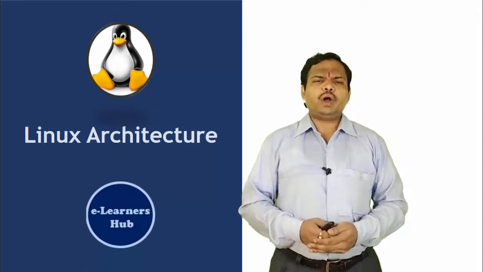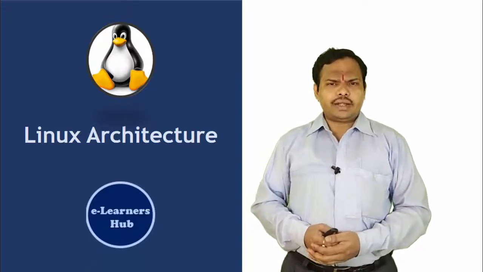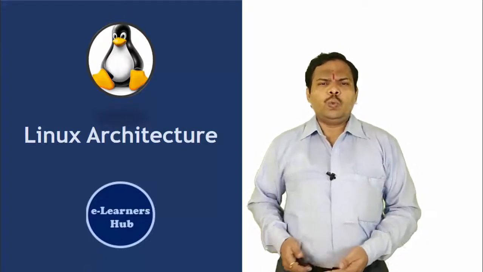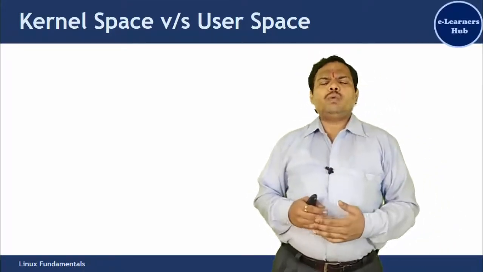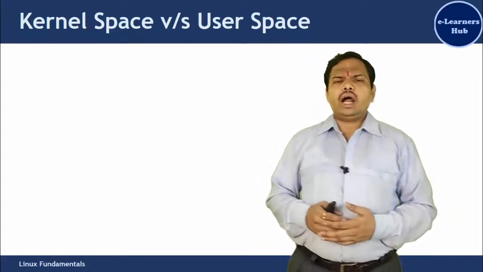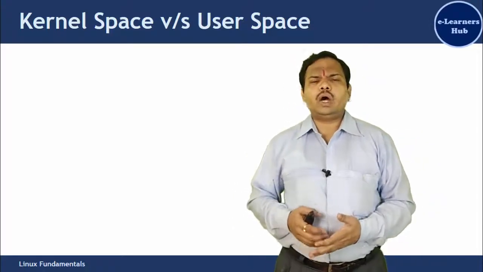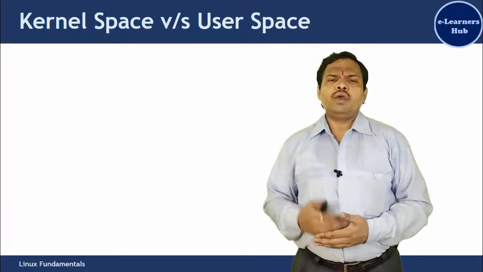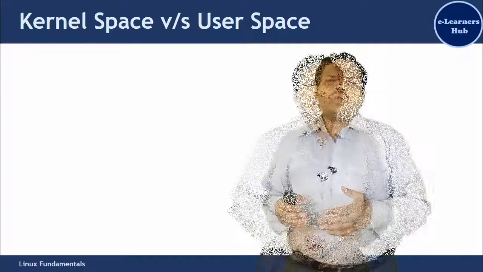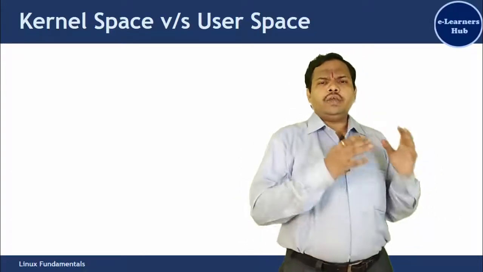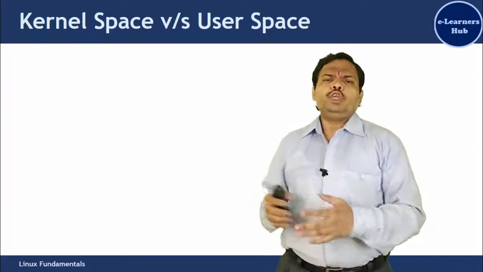In this video, we are talking about Linux architecture. In the last video, we saw what Linux architecture is, and in this video, we'll see what the kernel space is and what the user space is. In the last video, we saw the responsibilities of the kernel and how the kernel handles various requests made by various applications, and how the user interacts with the hardware with the help of the system calls, system libraries and the kernel. The kernel executes in the kernel space of the memory and the user processes execute in the user space of the memory.